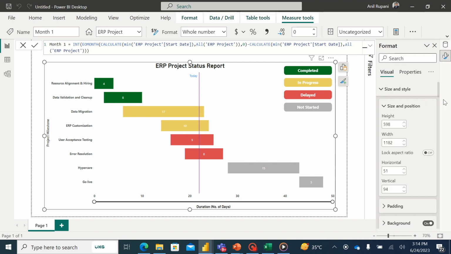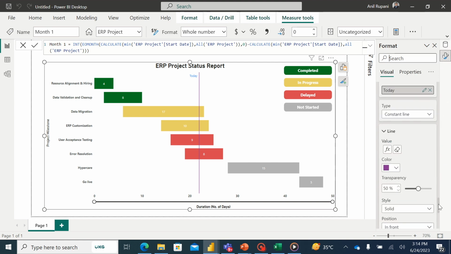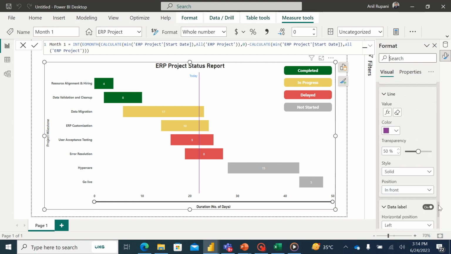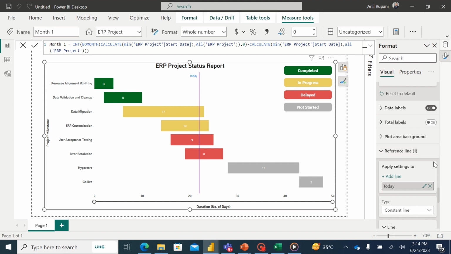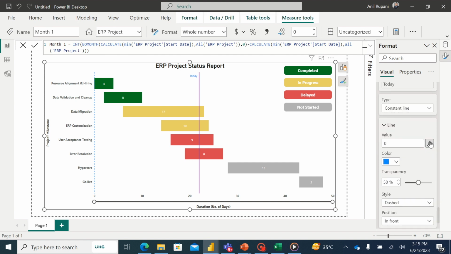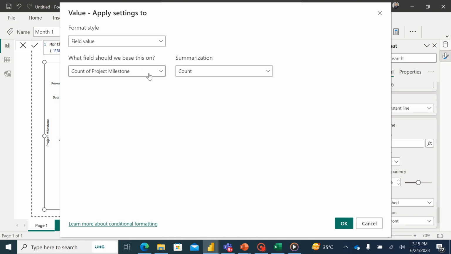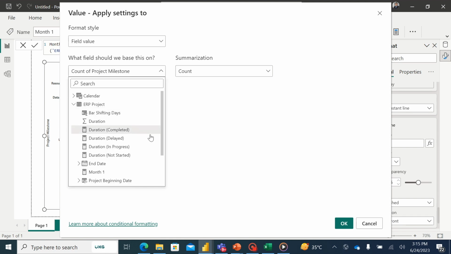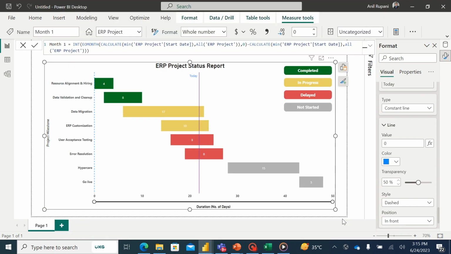For that I will go to format, and I will go to reference line, and I will add a second line, and I will change the type to constant line, rename the constant line to, let's say, June month, June 23, and go to FX, and here I will be selecting my measure, which is month 1. Click OK,